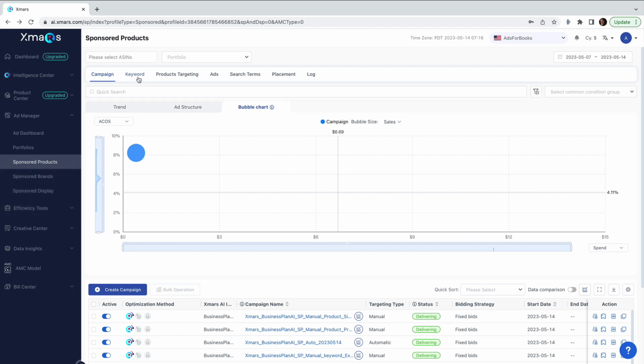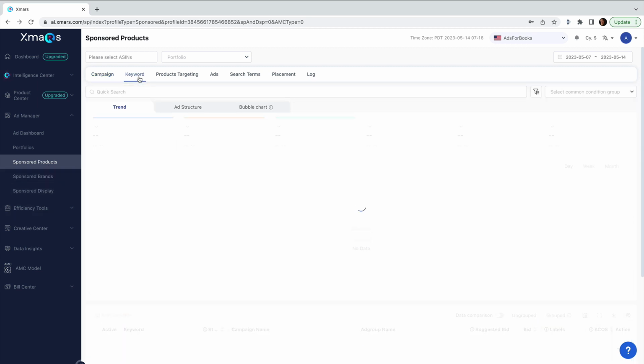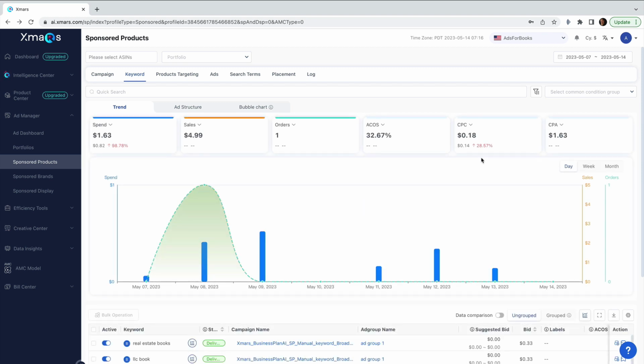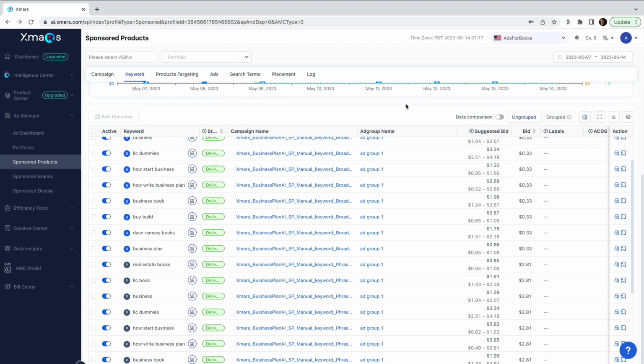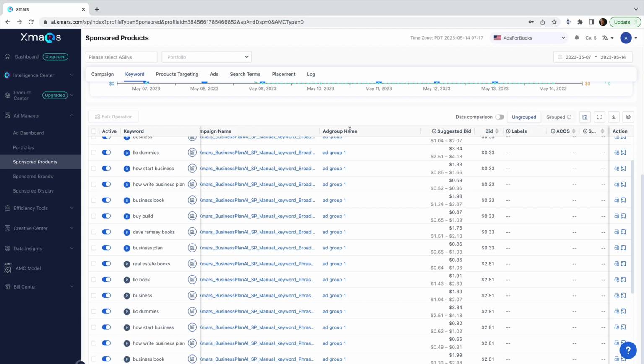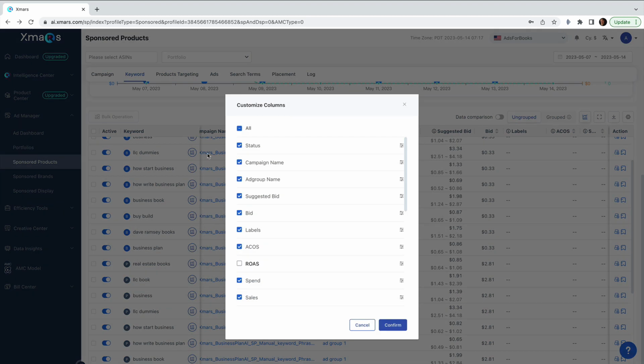So for example, let's say you're targeting by keyword, and there are so many keywords, and let's say you want to keep the keywords for yourself. Like I click the keyword tab, and right away this updated and I got the keywords. You can actually export this data and save the keyword data, which is really helpful. And let's say that some information is more important for you to track than not, like the ad group name. You maybe don't need it. So what you want to click on here is customize the columns, and you might not need the ad group name, but you actually want to stay focused on